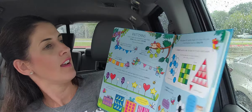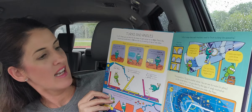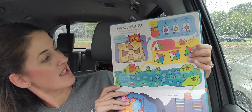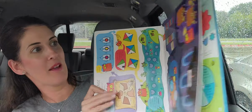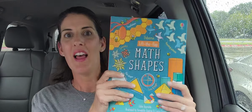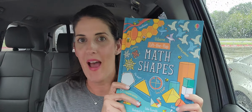patterns, and turns and angles. Shapes challenge. Ooh, that's like a little fun game. And a glossary and a tangram challenge at the end. So this one, once again, was Lift the Flap Math Shapes,